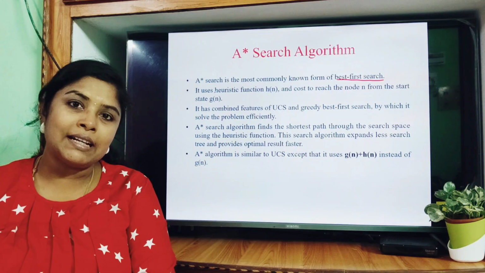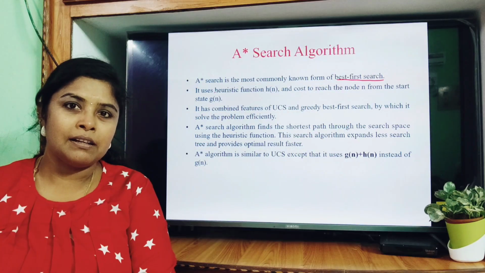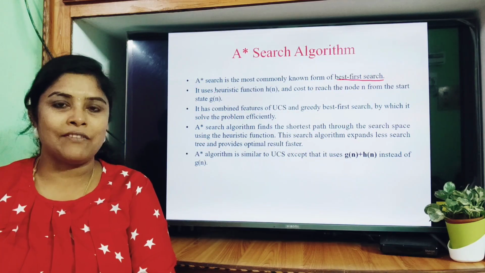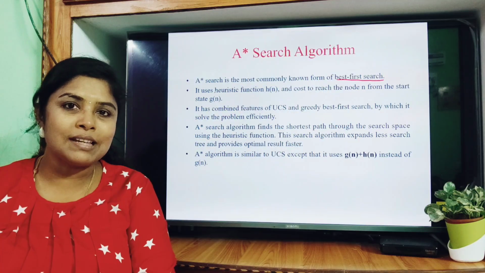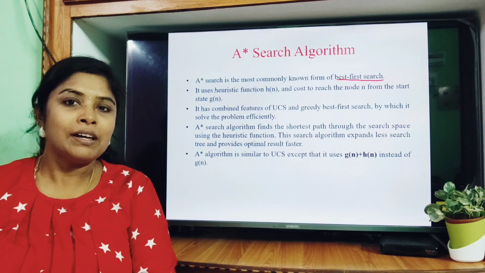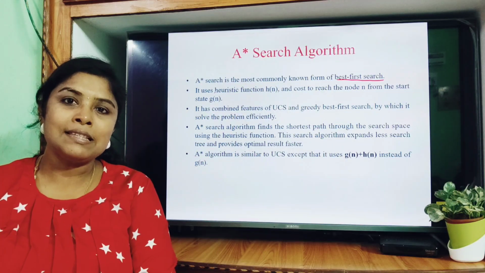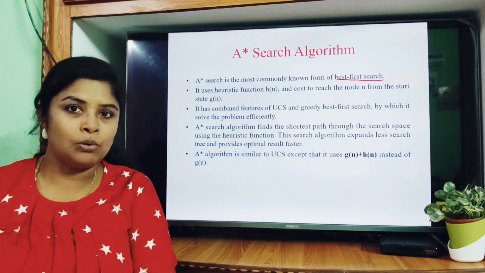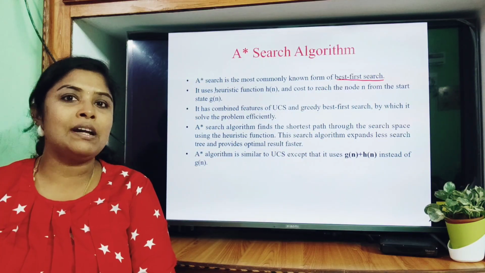That's why we call it informed search. What type of information is available? A heuristic value is available to the agent. This heuristic function or heuristic value is the estimated cost to reach the goal state. So this information will be provided to the agent and it will be asked to traverse through the tree and